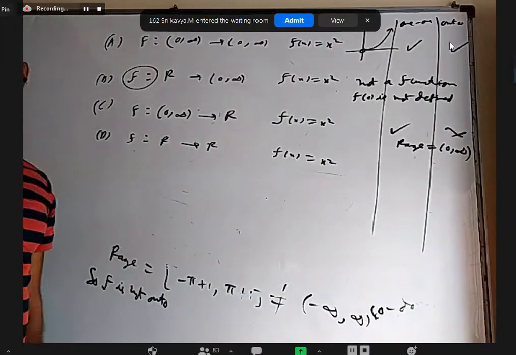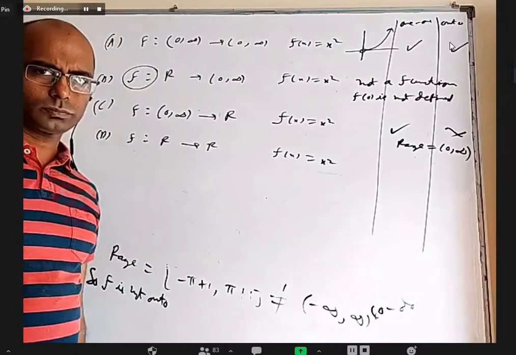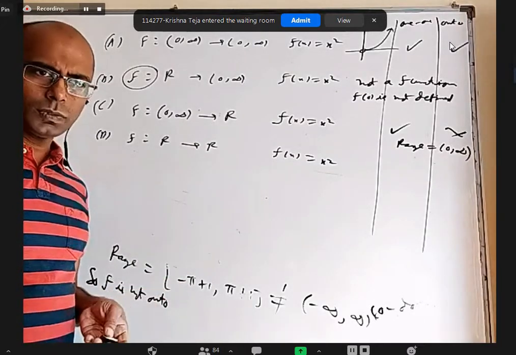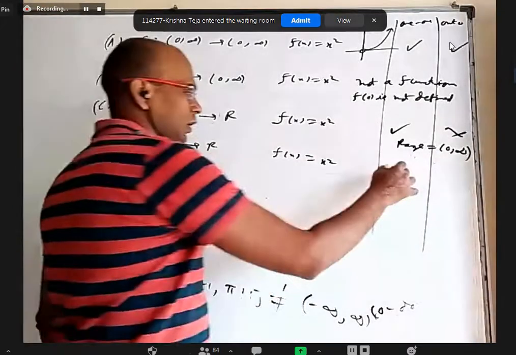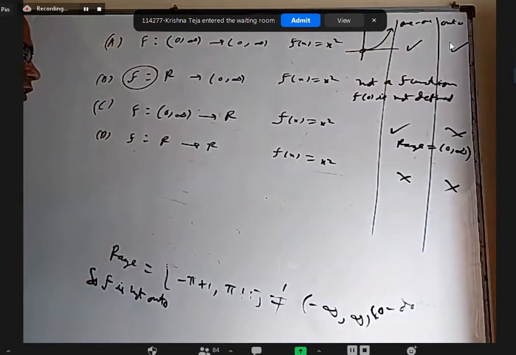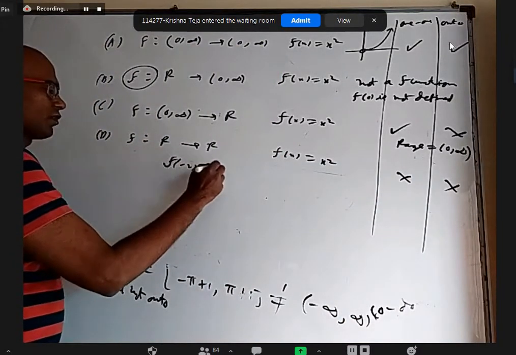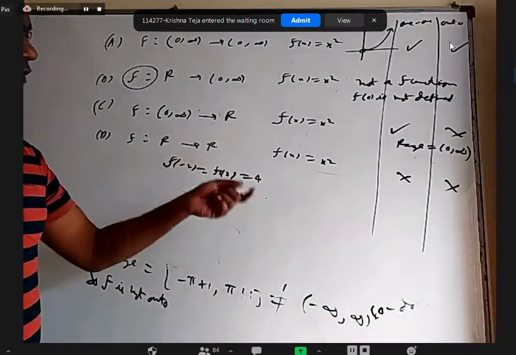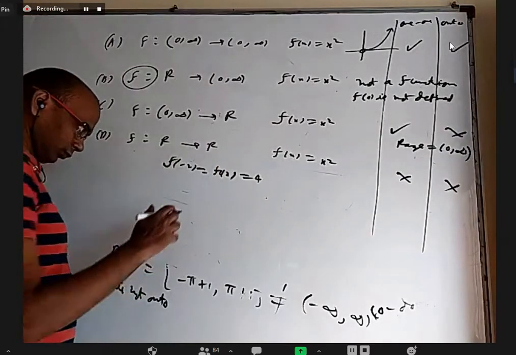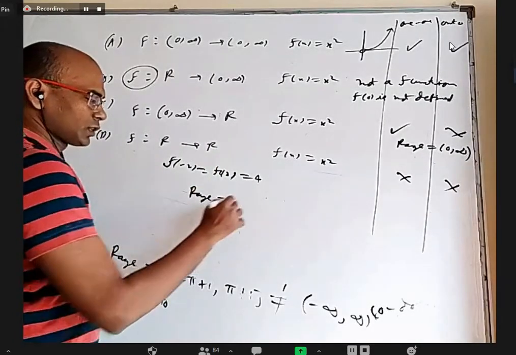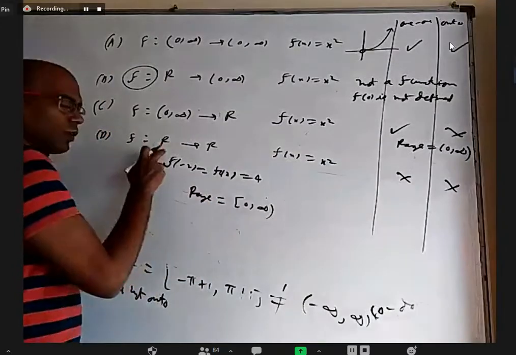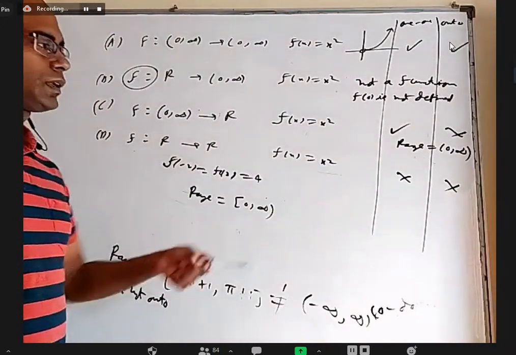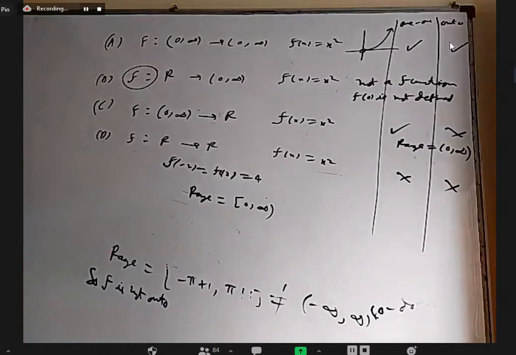What about f from R to R? What will happen? Not 1, 1, not onto. Because I can easily give f of minus 2 and f of 2, or 4. Two different numbers have the same image, so it is not 1, 1. Not onto because of the range. The range now is closed 0 to infinity. 0 is also there because 0 is in the domain, so 0 will be in the range also. Range is not equal to codomain. So it is not 1, 1, not onto. It is just a function.